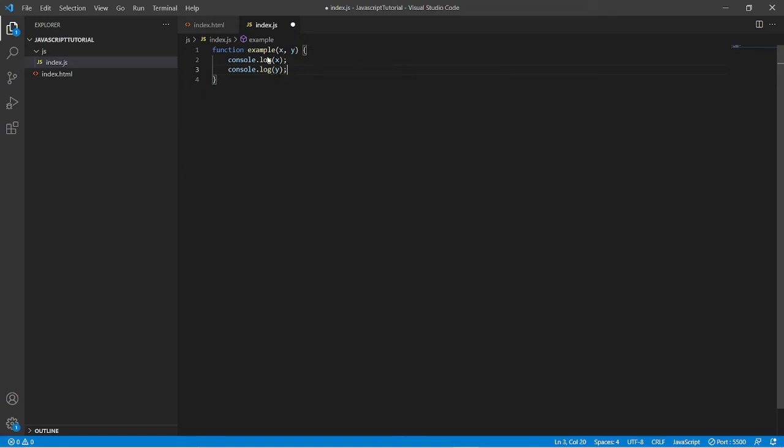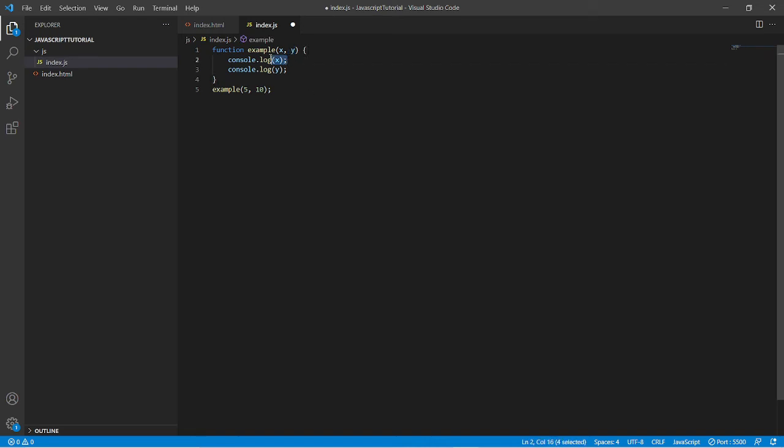So basically we are declaring a function which accepts two parameters x and y, and that x is getting logged in the console and that y is getting logged in the console. So we will call this function by its name. I give an enter and give the name of the function, and then I'll write 5 comma 10. So this 5 will get assigned to x, the very first parameter, and this 10 will get assigned to y.